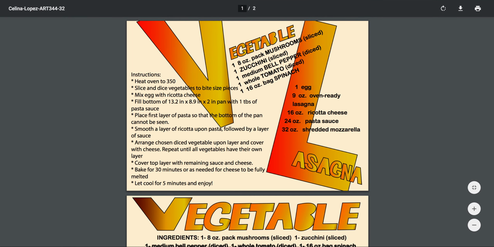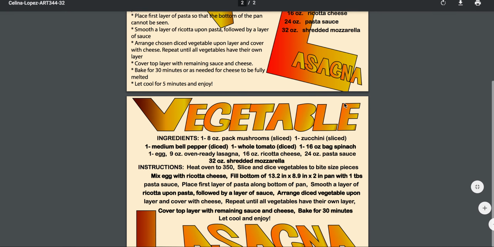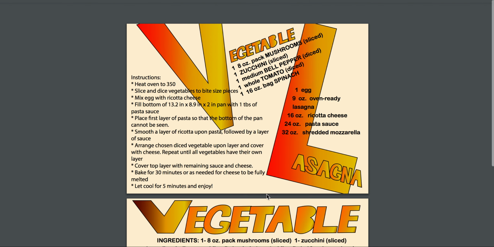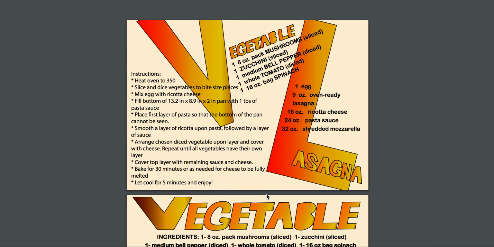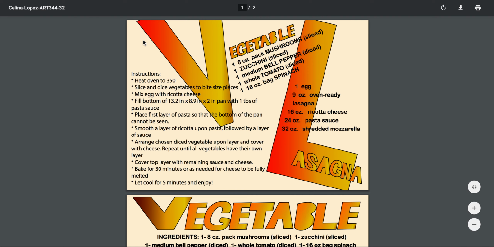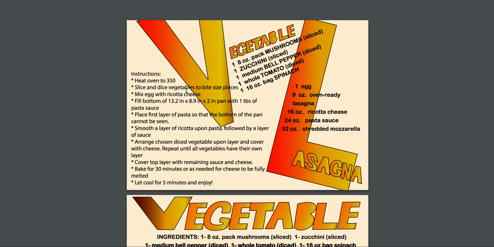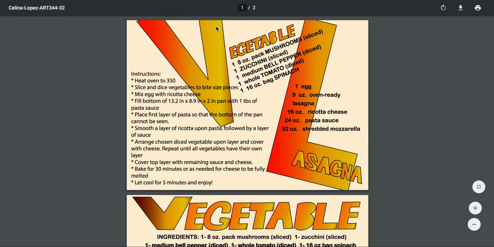This is Celina's work. Celina did vegetable lasagna, so it looks like, I believe this is your denotative and this is your connotative over here. So let's kind of take a look at what's going on over here. So one thing I would recommend is leave a little bit more space around your layout. Right now it's getting too close to the edges and it's a little too busy in certain areas like here where we have the text overlapping the V over here, and the V has a gradient and it's got an outline going on. So I personally would get rid of the outline